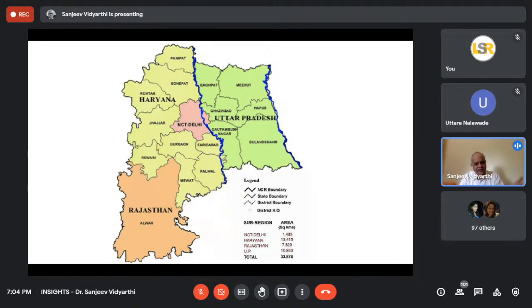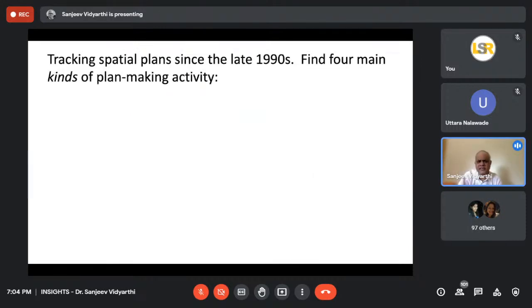It's like a dichotomy, black or white. There are no shades of gray, right? It's either formal, approved by the state agency following the master plan, or informal, or nothing. That's the way the story is told. But essentially, no. I started tracking spatial plans in this area from the 1990s, so it's almost 25 years.